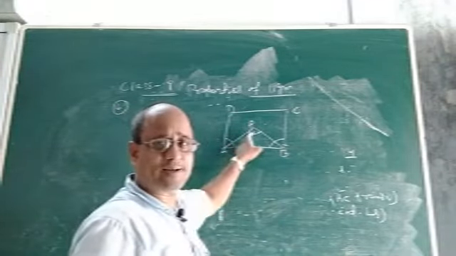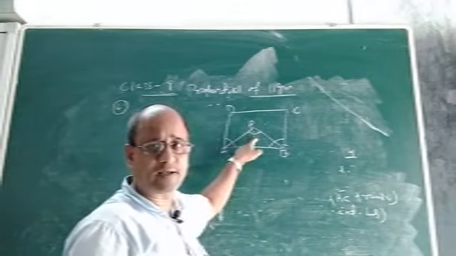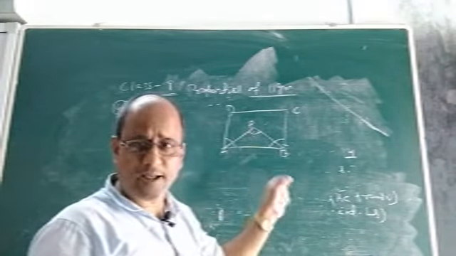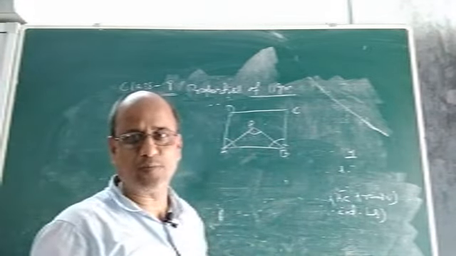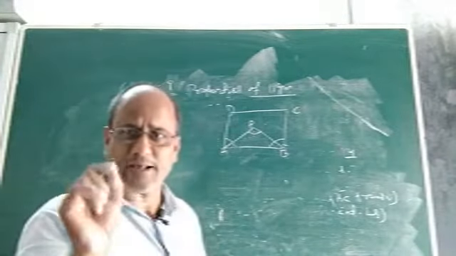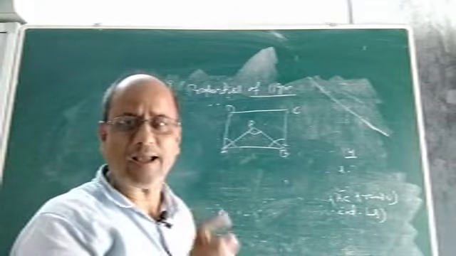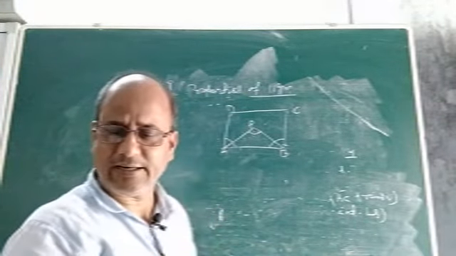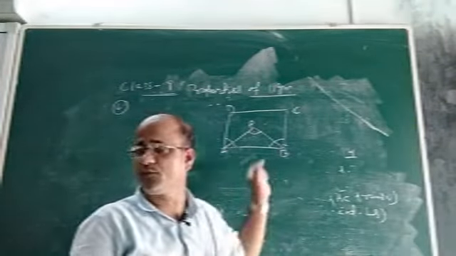Here AP is the bisector of angle A, BP is the bisector of angle B, and ABCD is a parallelogram, it is given. So how do we find the measure of this angle? You will be surprised to know that this angle will be 90 degrees. This angle will be a right angle. How to prove it? I hope you understood the property: any two bisectors of any two consecutive interior angles of a parallelogram intersect at 90 degrees, at a right angle. Yes, that is the truth. We are going to prove it.